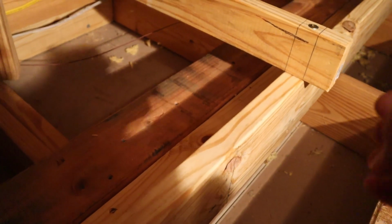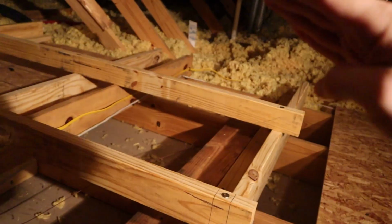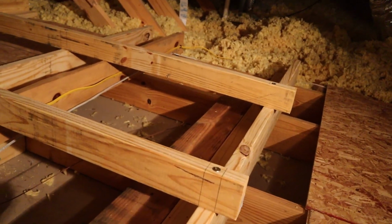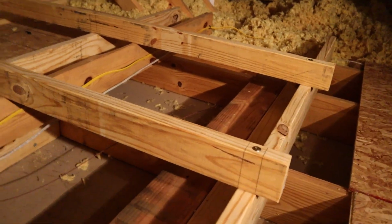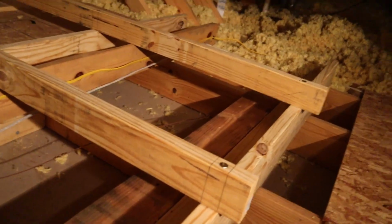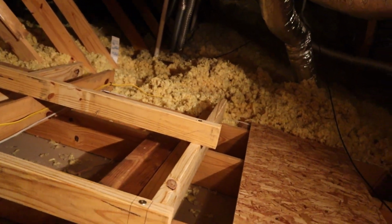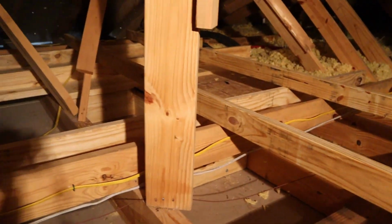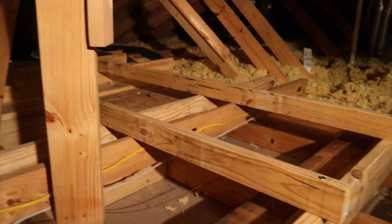And that way when I got done and got the screws all set and let my clamps go, the crown, I made sure the crown went this way on any of the boards, so that if it was going to crown up, I wanted it to crown up into the attic so they would have extra holding power for when I loaded up the shelf. And then after I did all that,